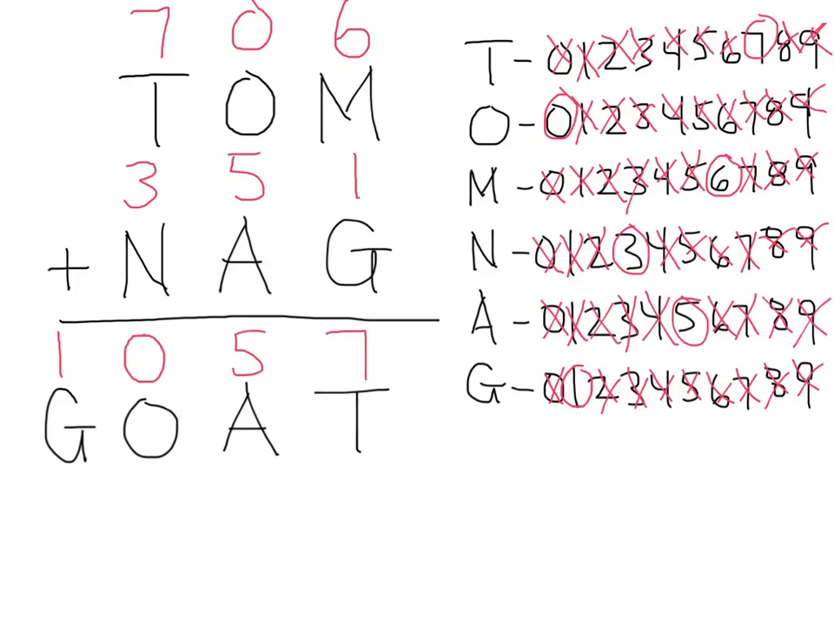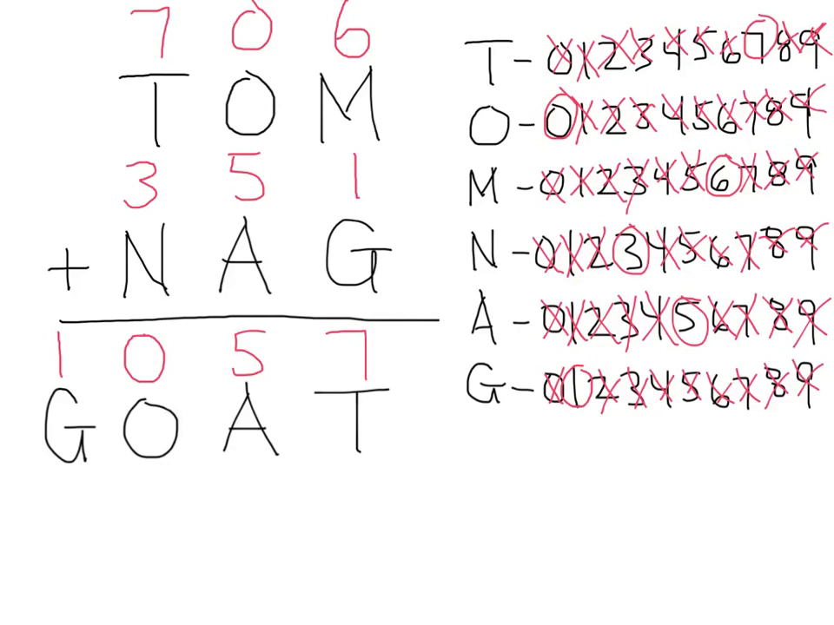There we go, I've got it. Okay, so now what I want to do is double check my answer and make sure that everything makes sense. I'm going to start over on the right. 6 plus 1 equals 7. That makes sense. 0 plus 5 equals 5. That makes sense. And 7 plus 3 equals 10. That also makes sense. So on this particular problem, one possible solution is 706 plus 351 equals